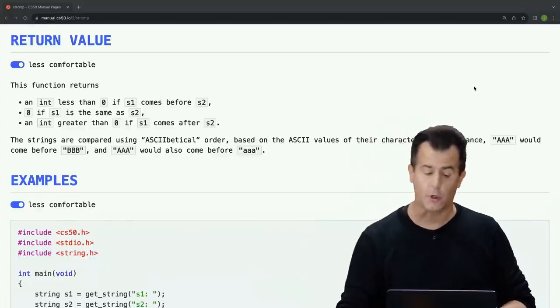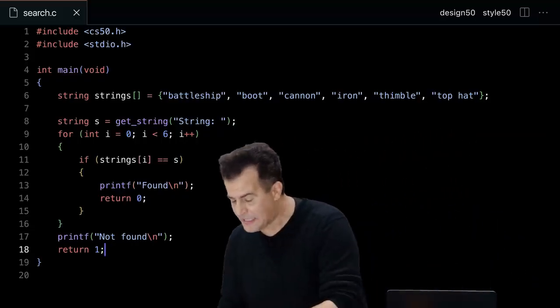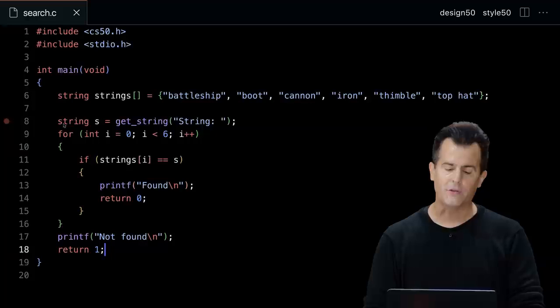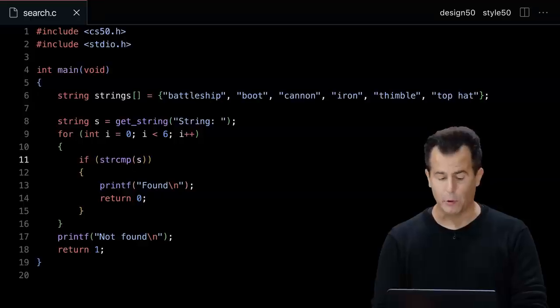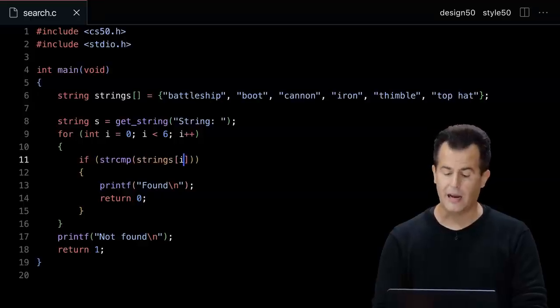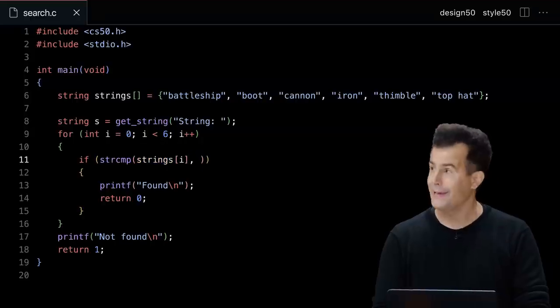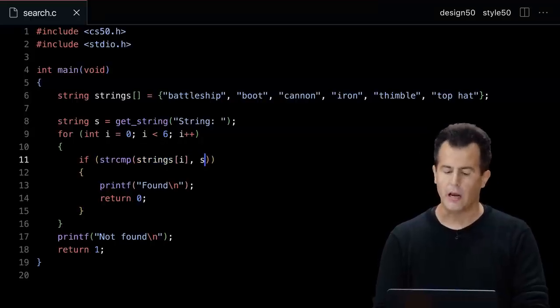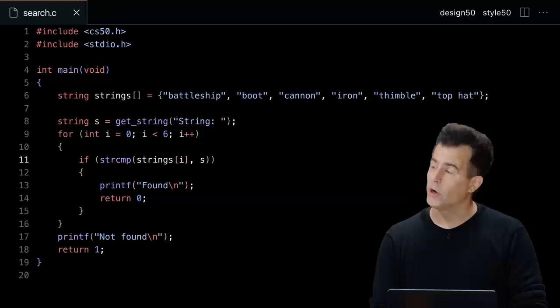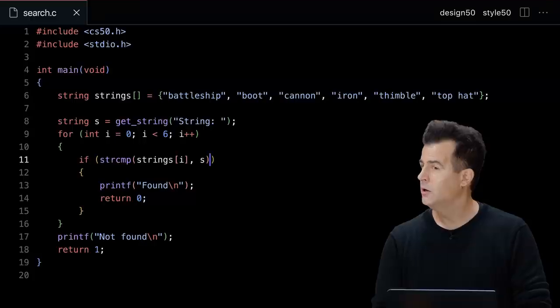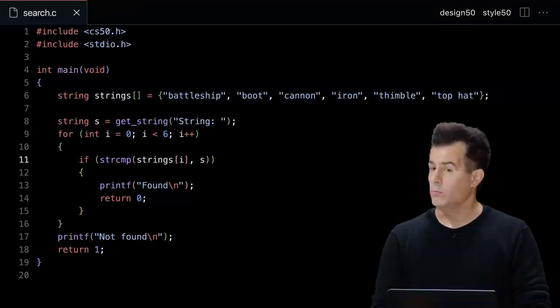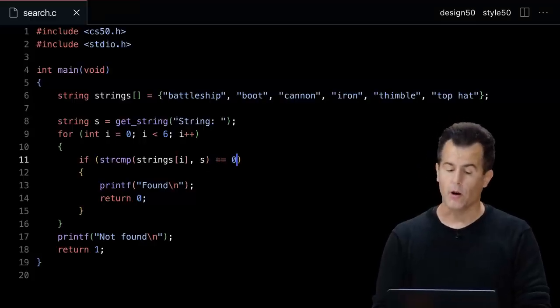But if I want to use this function, let me go back over to my code here. And instead of doing equals equals, I have to use a function here called strcmp, passing in one string like strings bracket i, and then the second argument, aka s2, is going to be the string I want to compare against. But I want to check the return value of that function. And again, what value should I check for if I want these things to be equal? So 0 was the operative return value. So what I want to do is this.